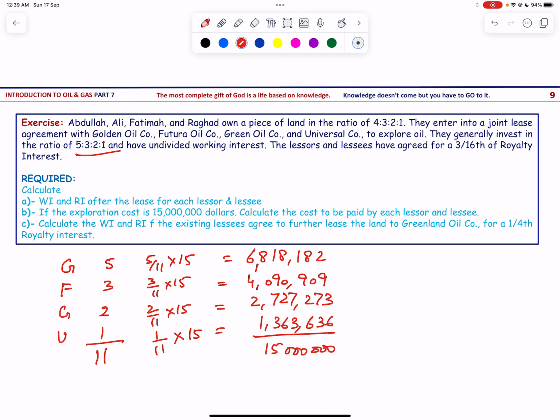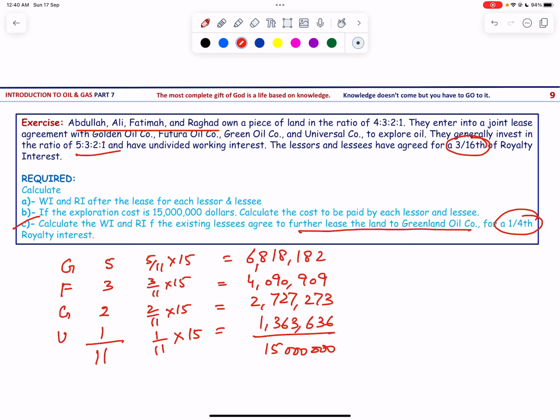Okay, we come to part C. Calculate working interest and royalty interest if the existing lessees agree to further lease the land to Greenland Oil Company for a 1/4 royalty interest. So still the lessors, that is Abdullah, Ali, Fatima and Ragad, will not pay any exploration cost, and they will receive the royalties as already stated, that is 3 upon 16 of gross revenue. Now the oil companies, that is Golden, Futura, Green and Universal, will not pay any exploration cost,